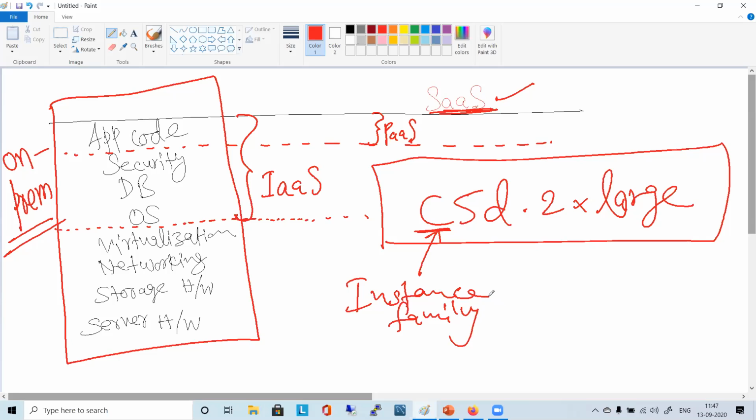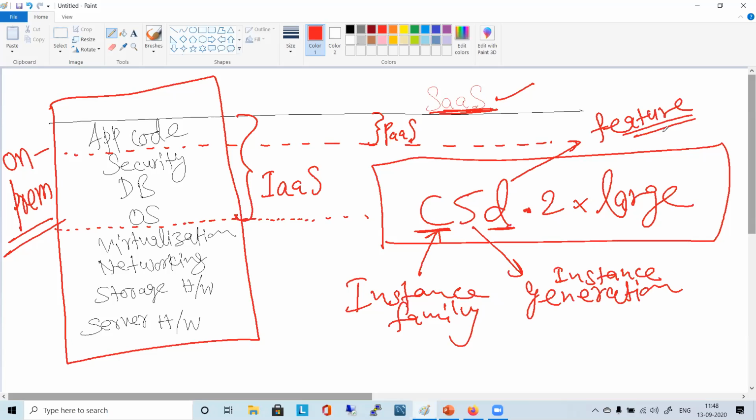This is called instance family, right? Now, if you look at this 5, this will be the generation, the instance generation. Getting it? And whatever you are looking at in this particular one will be related to some kind of feature. Say you have an SSD volume or something. Here the D might mean an SSD volume will be attached to it.